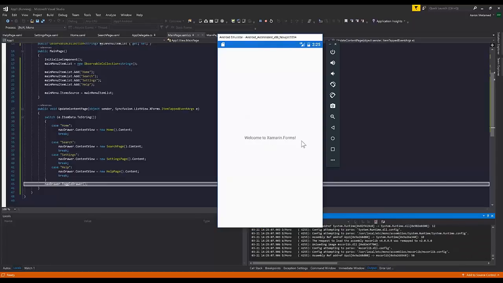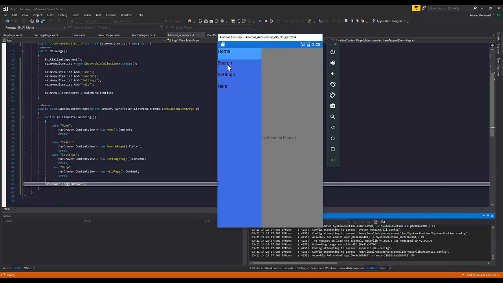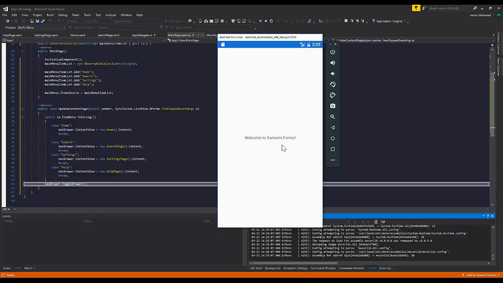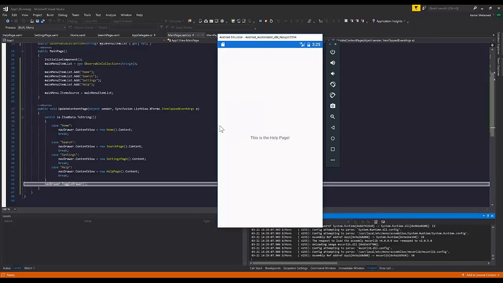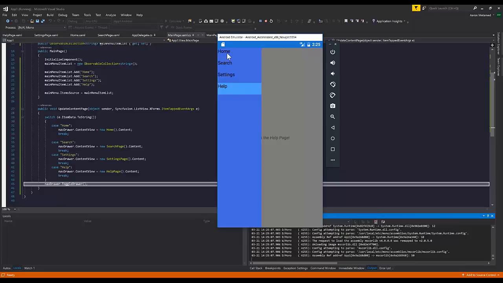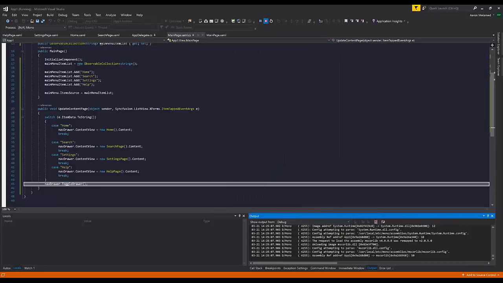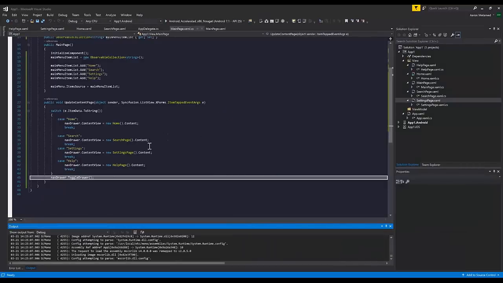So you can see, welcome to Xamarin Forms, so that did change. The navigation drawer closes whenever I click on a page. Change your settings here. Yeah, I did not change the text for the search page. So yeah, this all works. So everything is great. So now we can move on from there, and now let's actually do something a bit